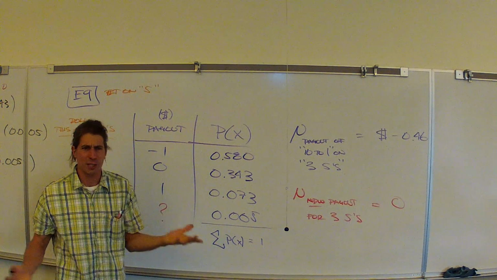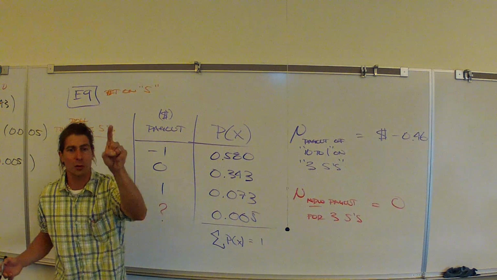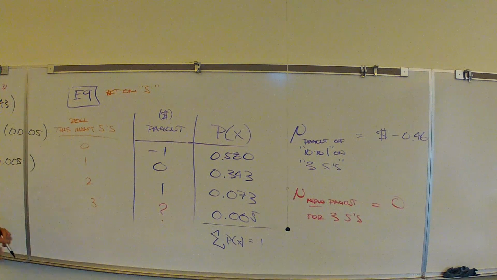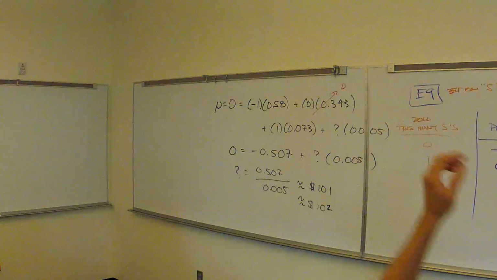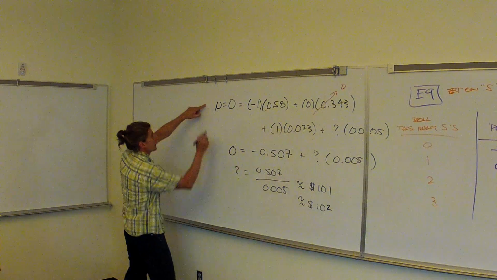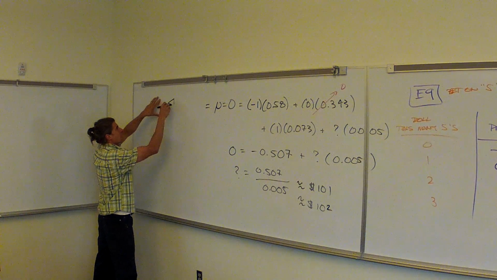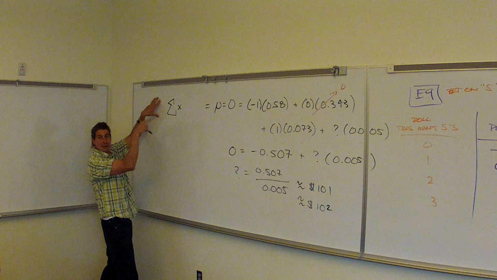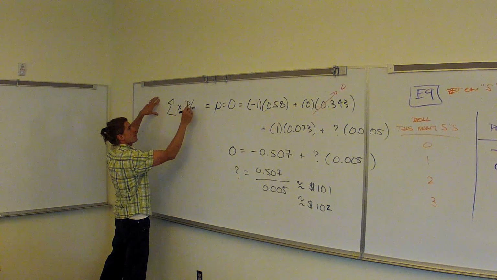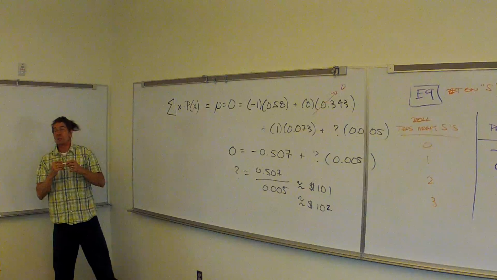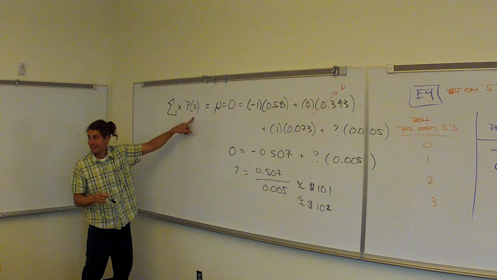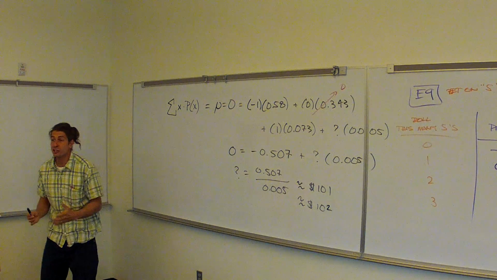You heard the word sum and you said it's negative 46. Because you were remembering that the average of a random variable, a discrete one anyway, is equal to the sum of each random variable's value times its payout. Excuse me, payout times probability. Right. And we've been doing this for weeks.